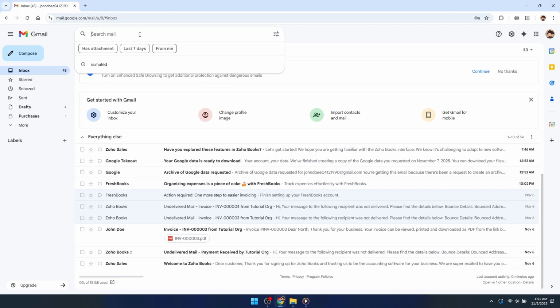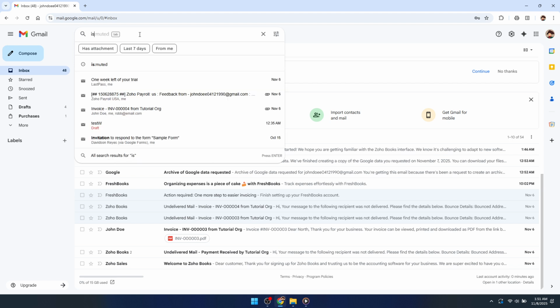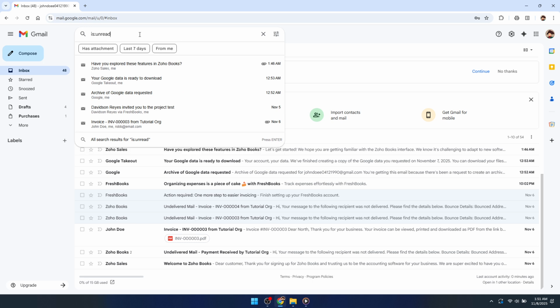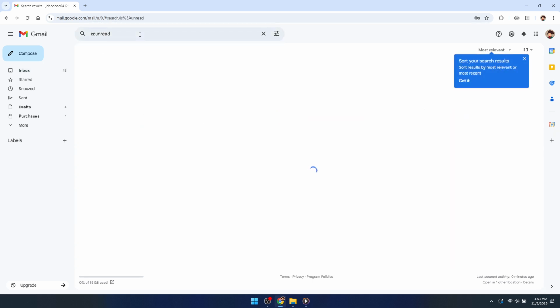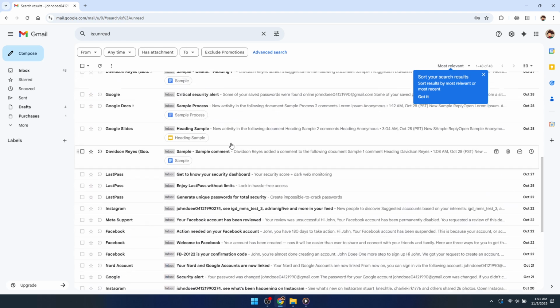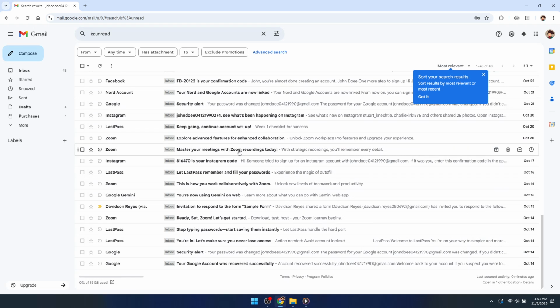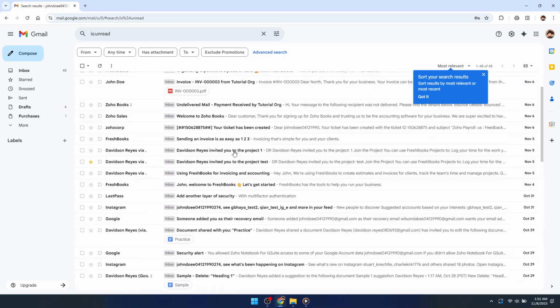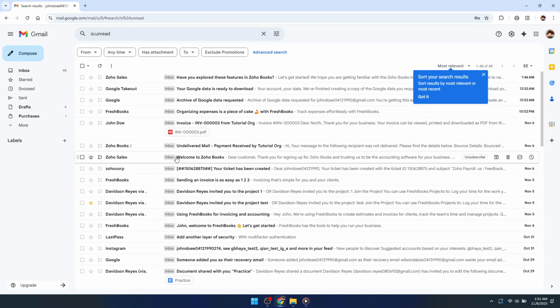Now here's the magic part. You'll want to type in a specific command into this search bar. Type in "is:unread". This command acts as a filter, separating your unread emails from the entire batch of messages cluttering your inbox. It's essentially telling Gmail to show you only those emails you haven't clicked on yet, and therefore haven't read. Press Enter, and like clockwork, Gmail will refresh to display an organized list of all unopened messages in